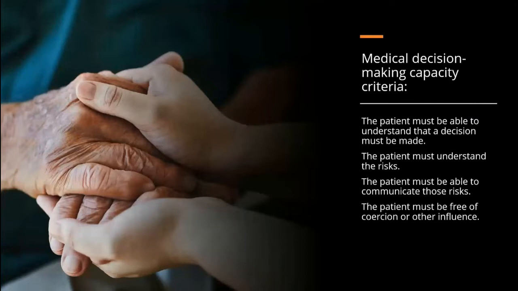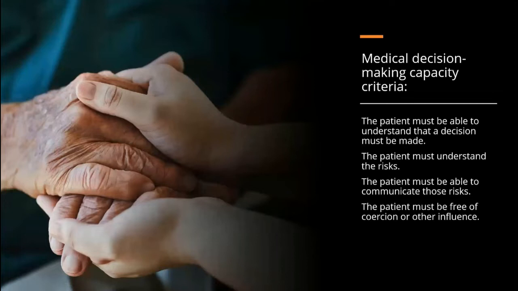And if we look at the long, in-depth process, there's 10 or 12 steps we need to follow, but we've kind of distilled it down for EMS. And there's 4 big ones. The patient has to be able to understand that they need to make a decision. They have to understand the risks and consequences that come with the decision that they make. They have to be able to communicate those risks back to you, and they can't be coerced to make a